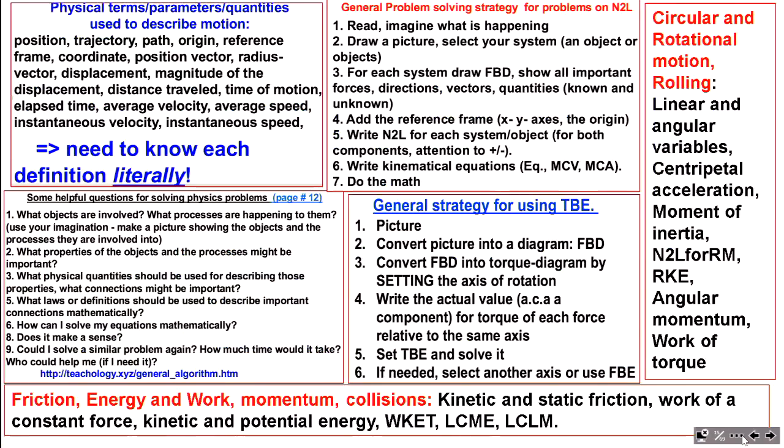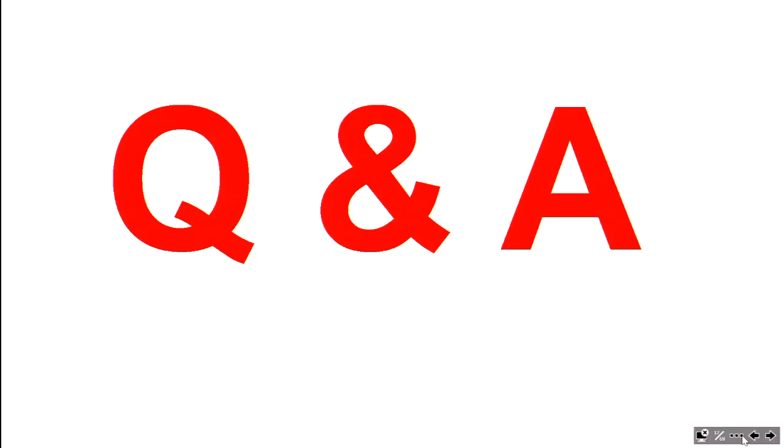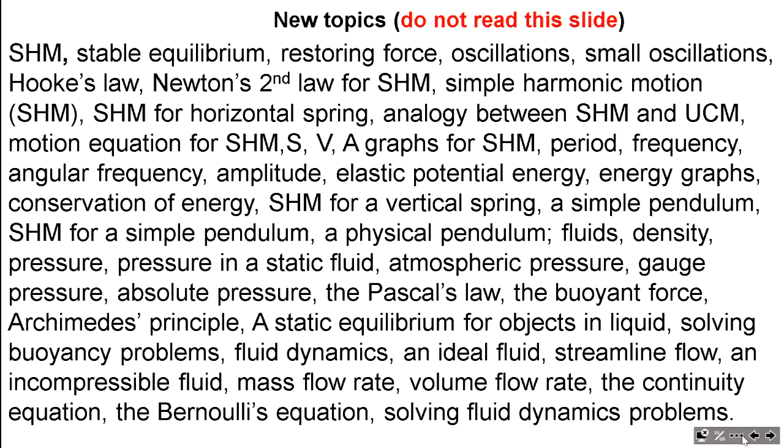All right, now we are done with this particular topic. We've learned everything. So that's what we're going to learn next, eventually. But before,